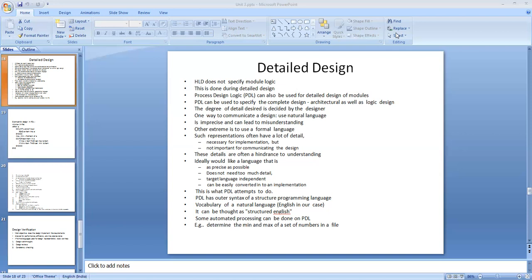So once the module is precisely specified, the internal logic that will implement the given specification should be given. That's what we are going to do in the detailed design.